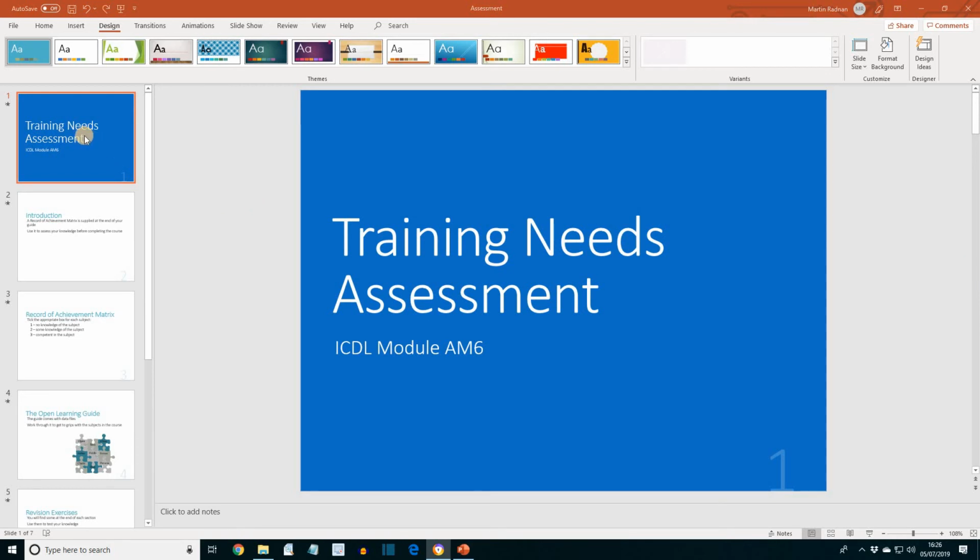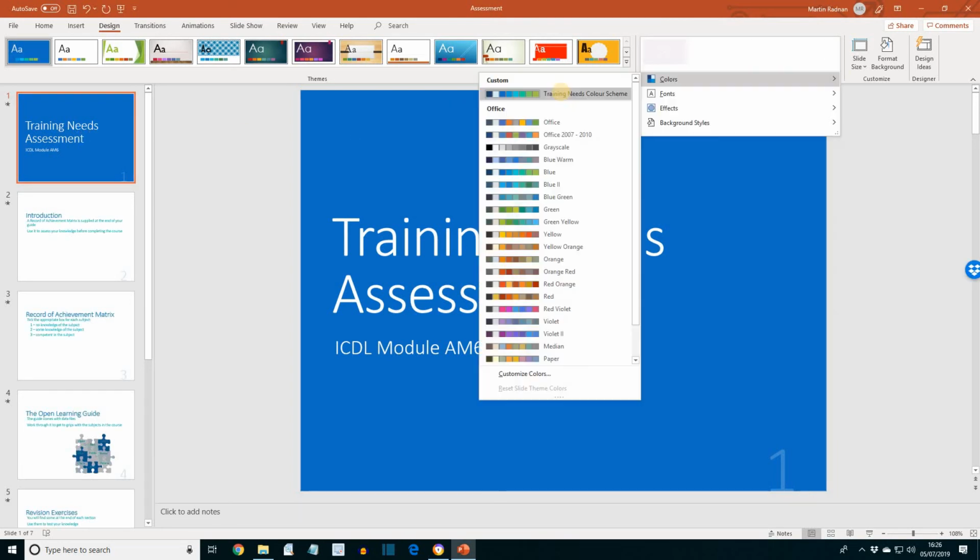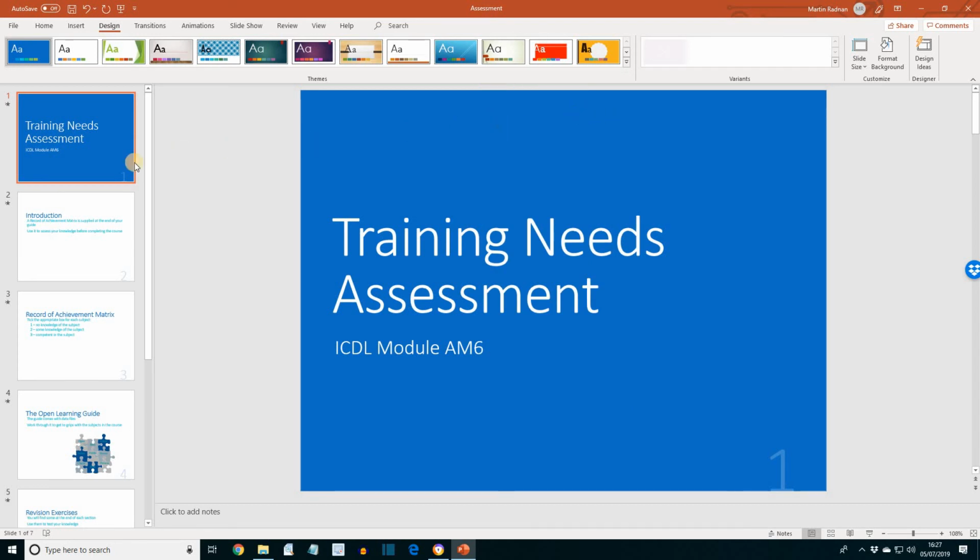Next, make sure slide 1 is selected in the slides view. Click the Colours button, right click on the Training Needs Colour Scheme, and this time click Apply to Selected Slides. This time the colour scheme is applied just to slide 1. Okay, click undo again, and then leave the